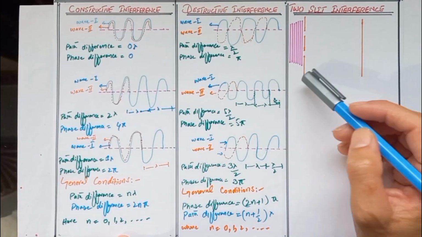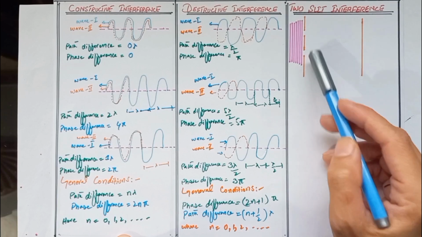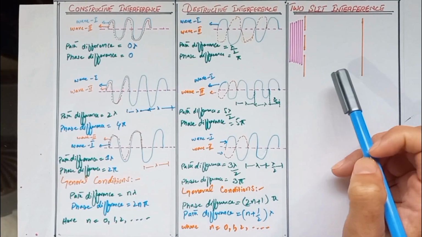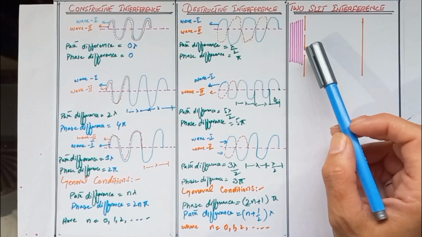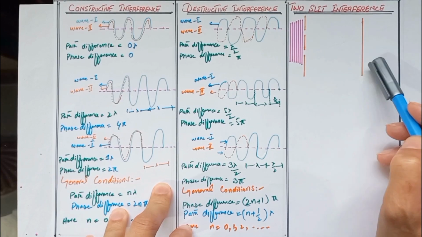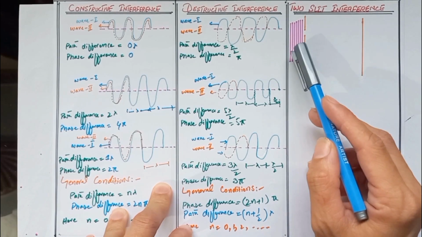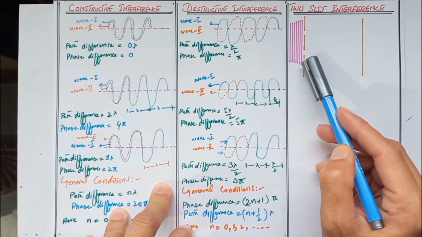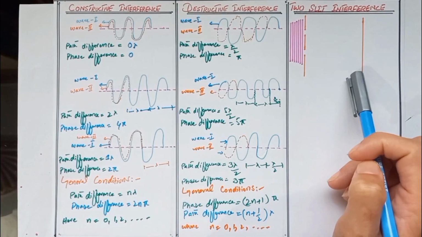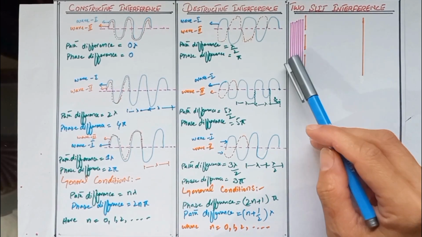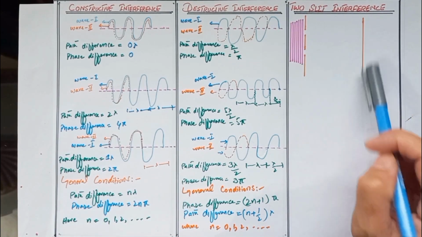Today our topic is the two-slit interference. We are going to see how light passes through two equal openings that we call slits. On this side we have a screen on which the light falls. On the left we have a barrier with two identical holes in it. These are our slits. On the right side we have a screen. When the light passes through the two slits, it is projected onto this screen.